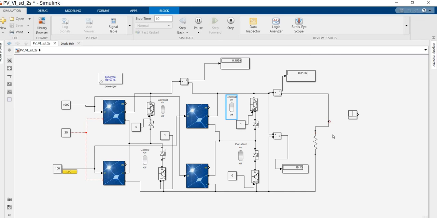Now dear visualizers, please carefully see this circuit. This is entirely based on the Anna University syllabus for the renewable energy lab. The scale of the simulation is at the preliminary primary stage for UG students. Okay, right.